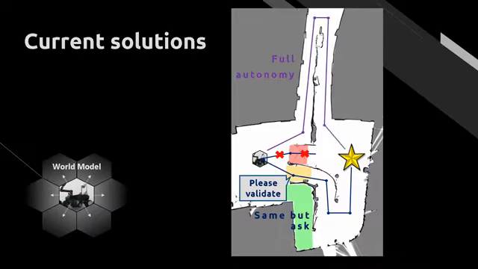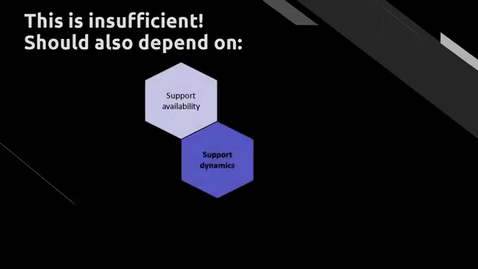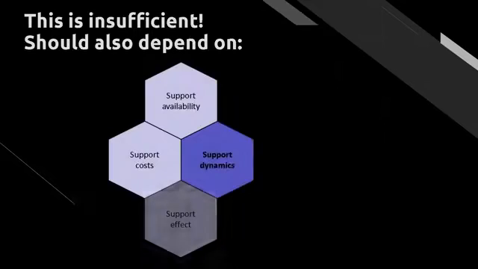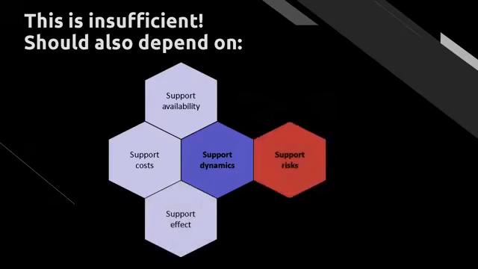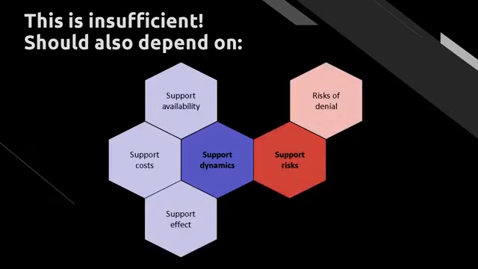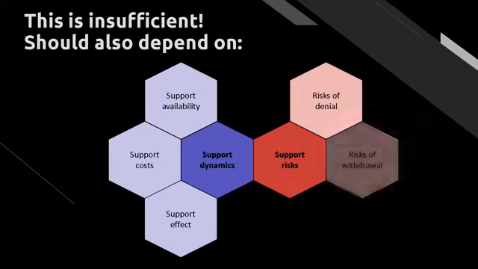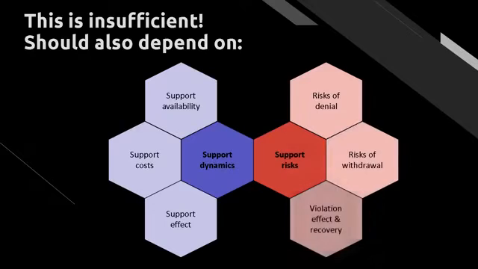Such systems should also take into account parameters that are related to humans and man-machine interactions, including support dynamics, support availability, support cost, and support effect, but also support risks, such as the risk of denial, refusing to further help, the risk of withdrawal if the operator disconnects, for instance. Finally, the system should be capable of anticipating the consequences of failure in man-machine interactions and solutions for handling this